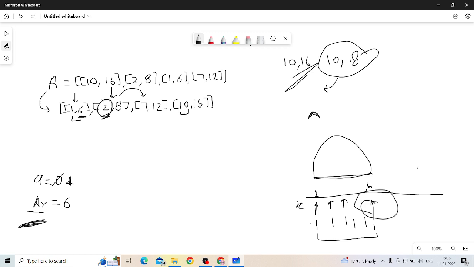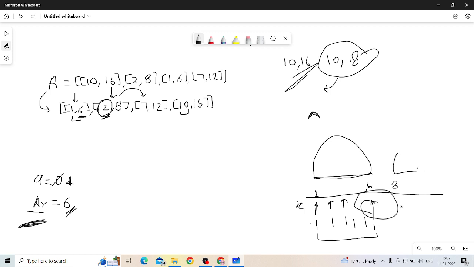If the starting of the next balloon is greater than this arrow, let's say the next balloon is starting from 8 and going till 10 or 11, any number, but it is starting from 8,